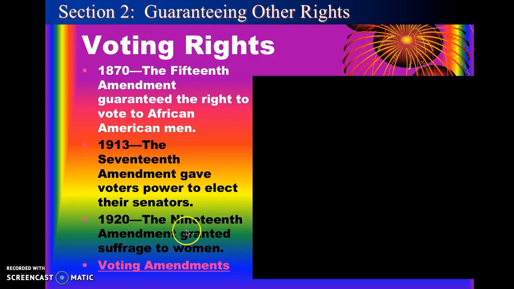In 1920, women were given the right to vote. Now, this is the 19th Amendment, but really the 18th Amendment is what prompted women to be given the right to vote with the 19th Amendment. The 18th Amendment made alcohol illegal in the United States, and women played a very pivotal role in getting the 18th Amendment passed. In fact, they played such a pivotal role that after it was passed, women said, okay, this is what we needed, because now we can go to